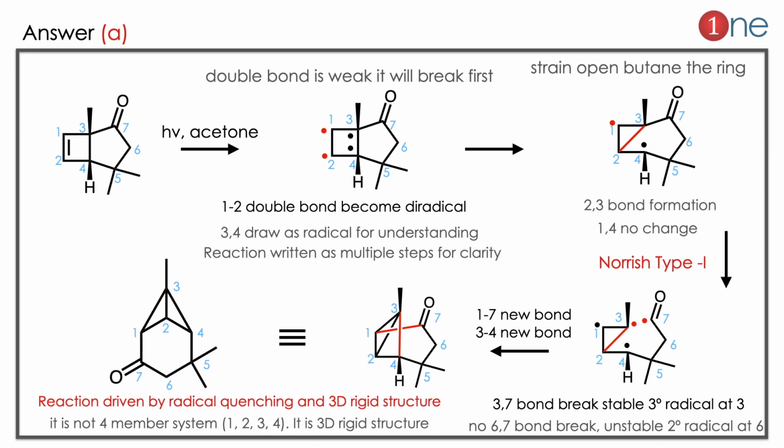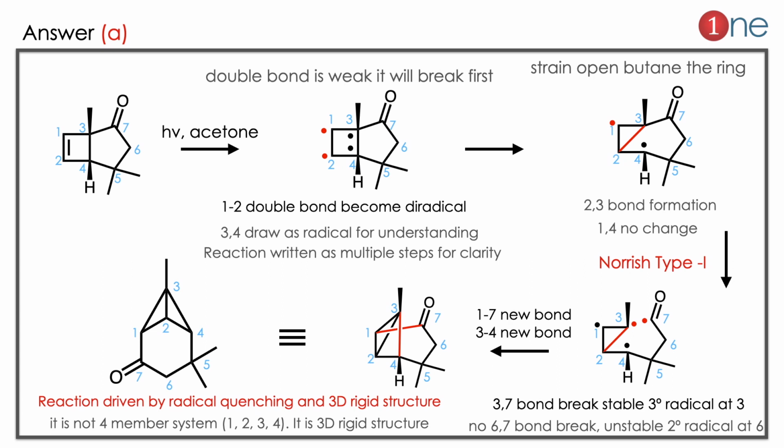The answer is A. Let us see how. Here the starting material contains a 4-member ring, which is strained and contains an alkene. If you use light, what really happens is the pi bonds are very weak, so it gets loosened and forms a diradical. So a diradical is formed in the pi bond. Then I draw the single bond in the middle, which is the fused bond, as a diradical for convenience. Then the 2-3 bond formation occurs. It may look unusual to go from a 4 to a 3 member ring because you are forcing strain. But let us continue the reaction.